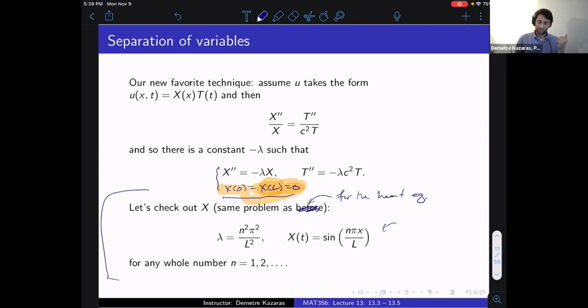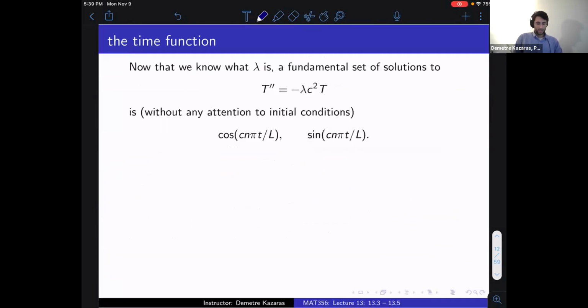So, just to be extra clear, x just looks like some sine function, starts at 0, ends at 0, and it's perhaps very wiggly, with an unlimited number of wiggles determined by the size of n. Anyways, this works out for any whole number n. Now that we know what lambda is, and that it's positive,